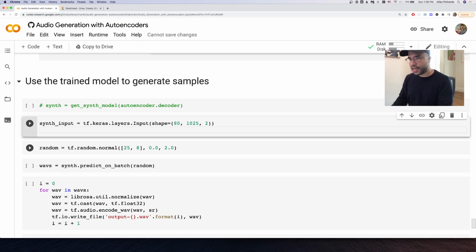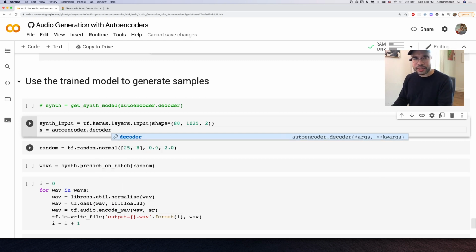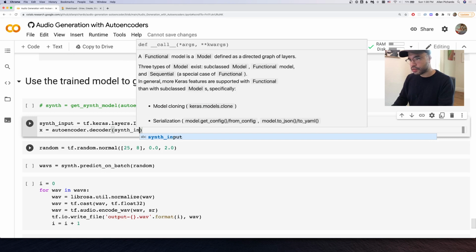Then we're going to take the decoder part of our autoencoder because we already trained it. We don't want to make a new one. We want to take the exact same one. So a decoder, and into there we put